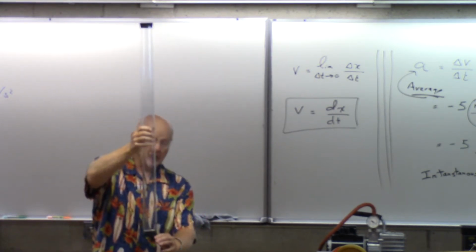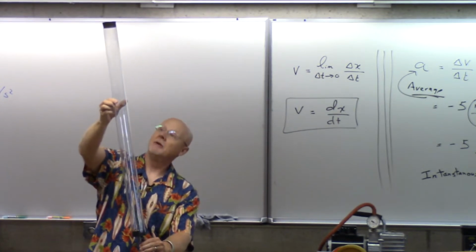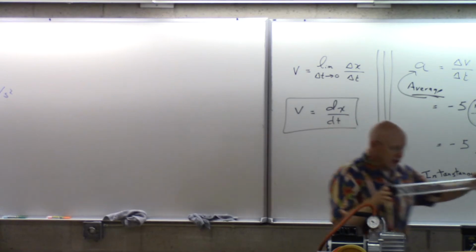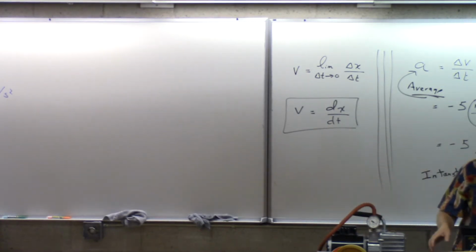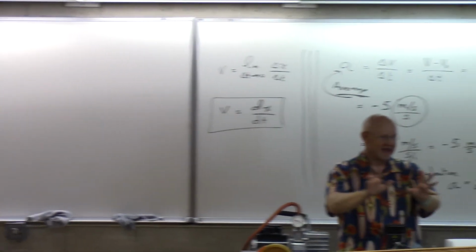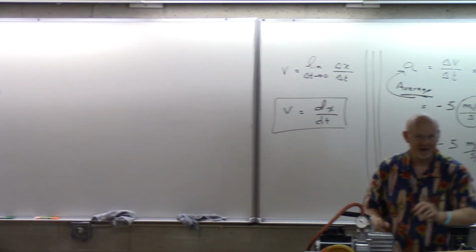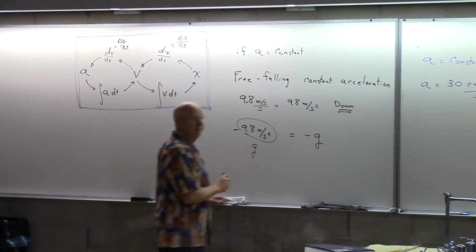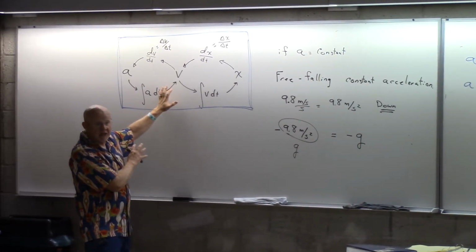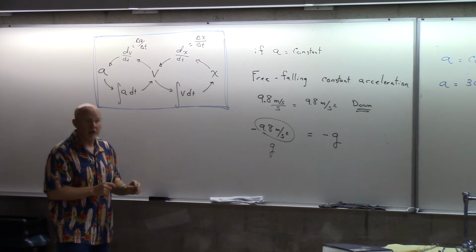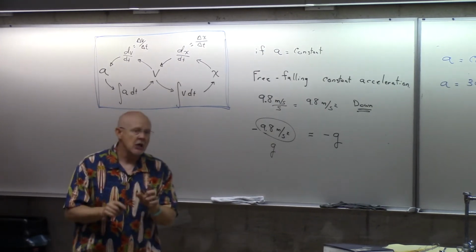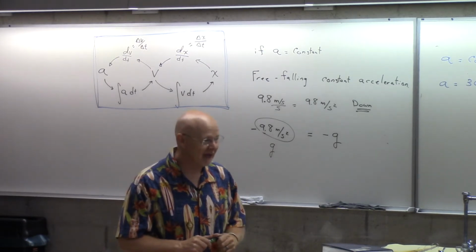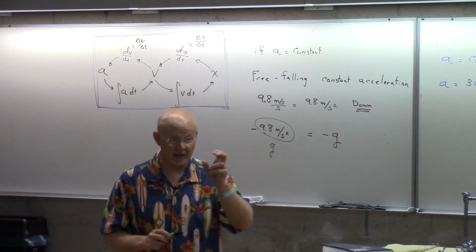So I'll put the air back in here, and you'll see the interaction with the air once I open it up. See, and there can be an interaction. So once we include the interaction of air, it gets more complicated. So we'll wait till chapter 5 for that. This is hard enough with just free fall. So I'll say it again. What I want to look at is a special case of these when you have constant acceleration. But even though I say it's a special case, there's a lot of cases of constant acceleration. Free fall is just one of them. Okay, so anytime you have a constant acceleration,